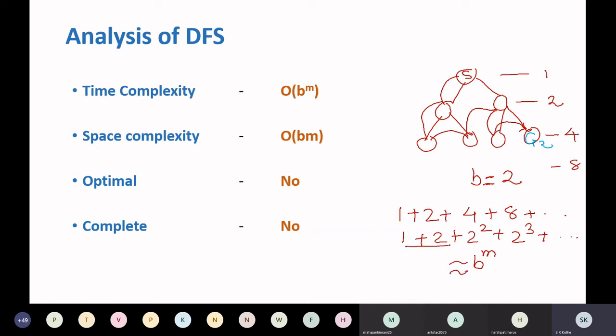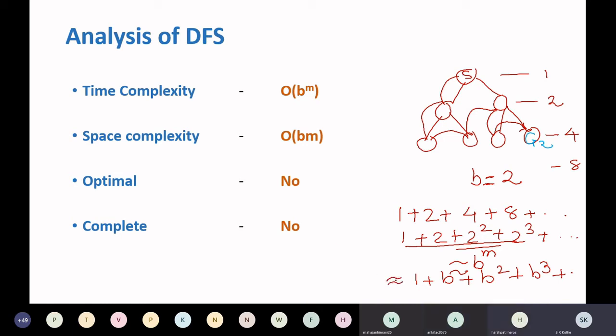So, sum of series, if you approximate this series, this series has become 1 plus B raised to 2 plus B raised to 3 and so on. Are you getting this?